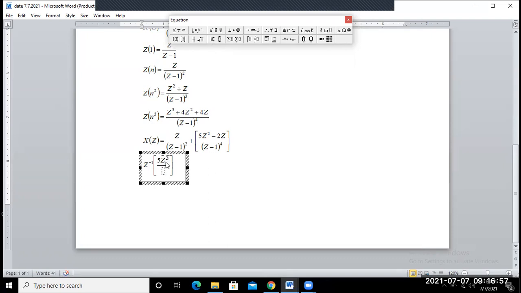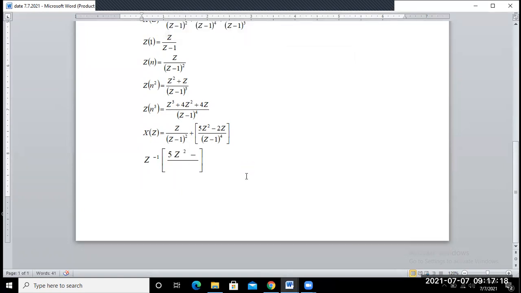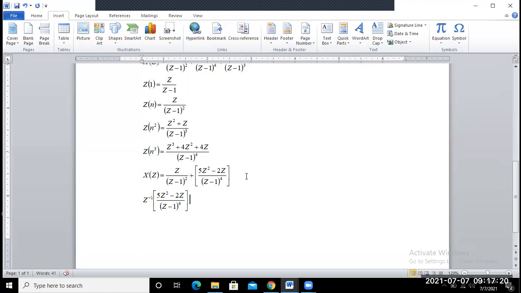Now you can find the inverse of this function by using